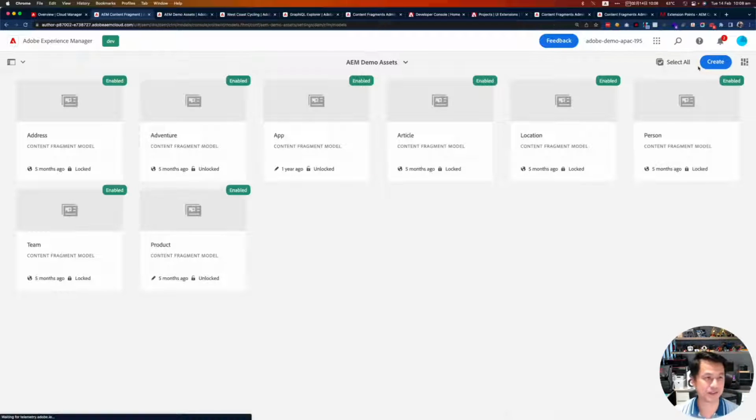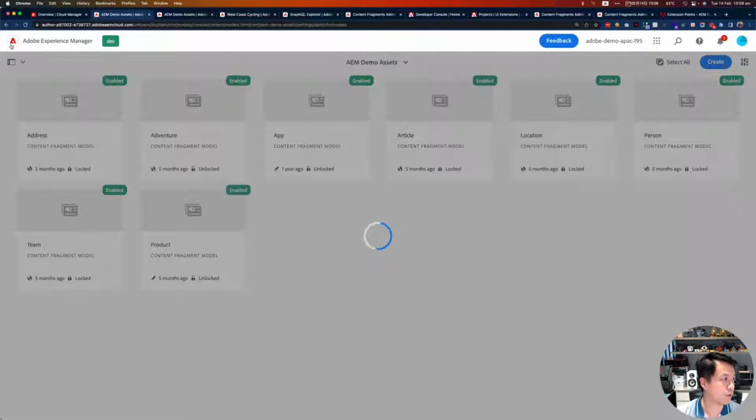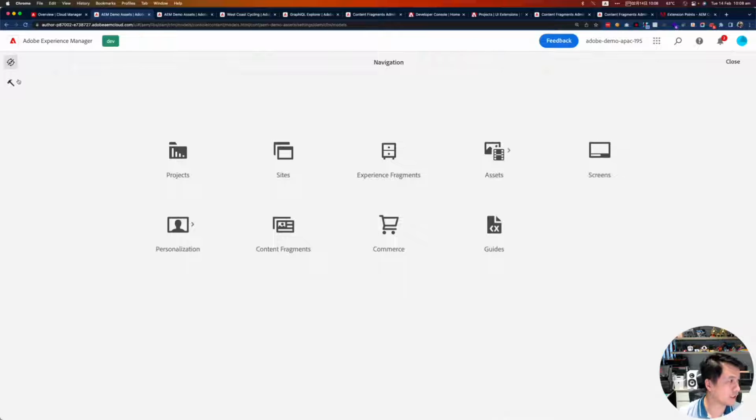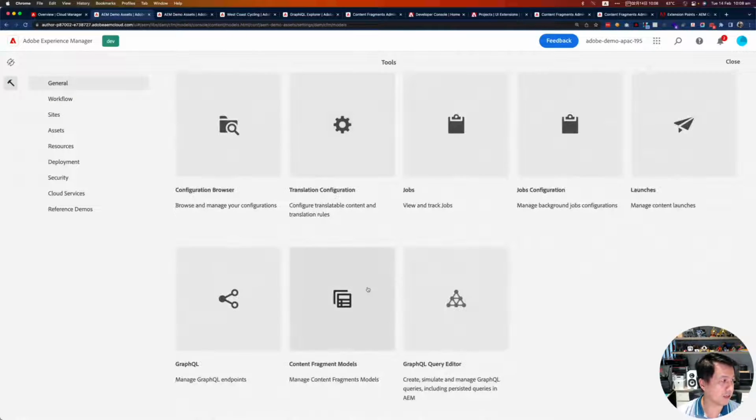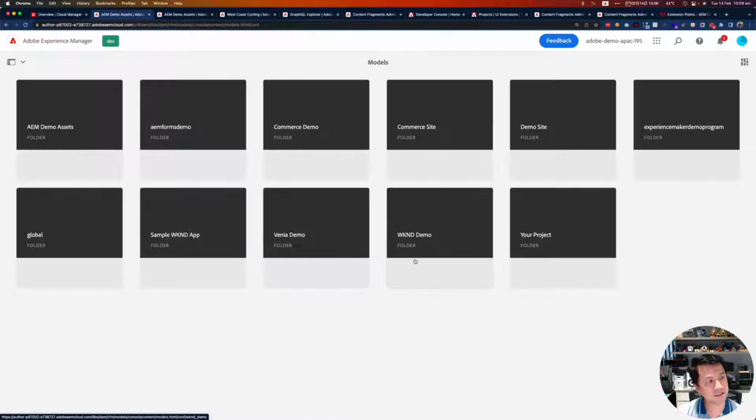Cool. Yeah, that's a good question. Creating a content fragment model is really simple. All you need to do is go to the section where we've got a tool icon for the content fragment model. This lists all the content fragment models you already have in the repository.